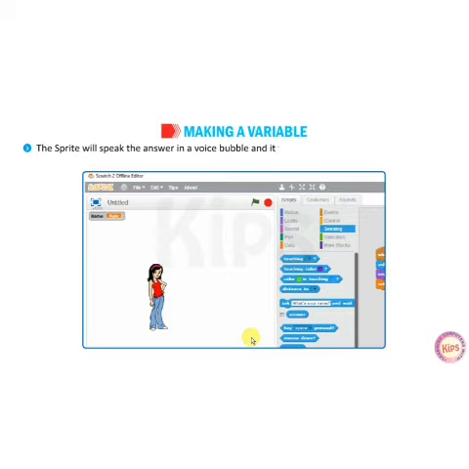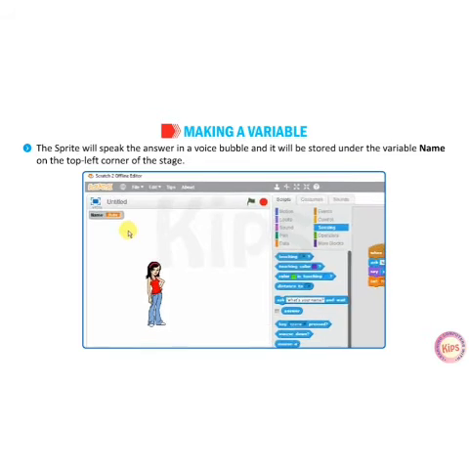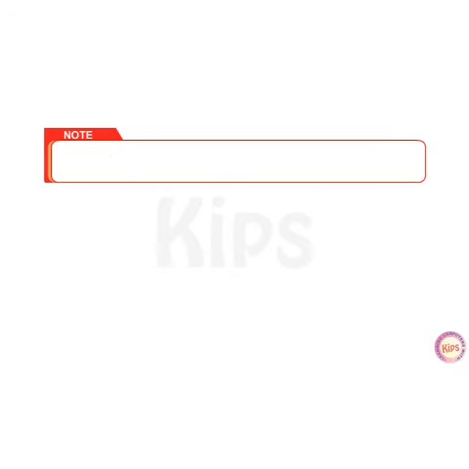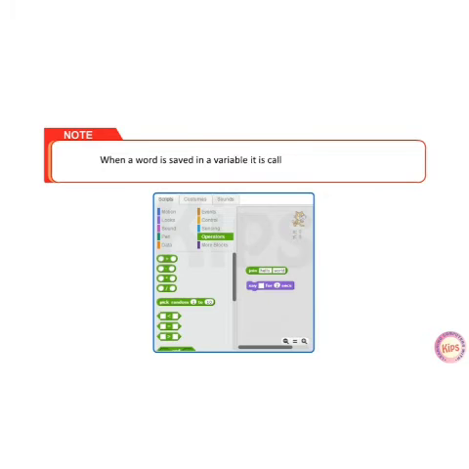The sprite will speak the answer in a voice bubble and it will be stored under the variable name on the top left corner of the stage. Note, when a word is saved in a variable, it is called a string variable. The set block concatenates or joins the strings together.